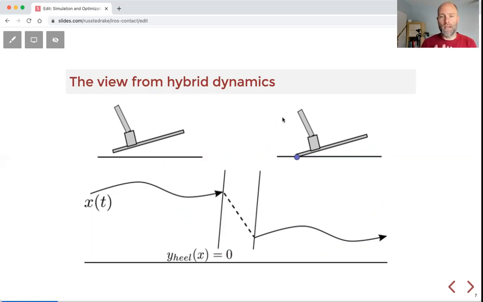In general, I could take a rigid body system making contact. This is my cartoon robot foot moving through the air, and I have smooth trajectories when it's moving through the air. And at the moment where I have a new contact between the foot and the ground, here the heel is striking my half plane model of my ground, so the heel's position equals 0, I think of that as having a discontinuous jump and then a smooth dynamical system again that evolves in time. Traditionally, we've modeled this as just a jump discontinuity that has its own dynamics, and we know how to write those in closed form.